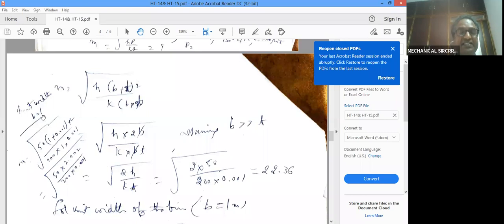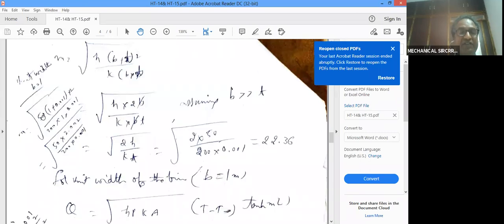So h value 50 into, b value 1 meter plus thickness value 0.001 meter, into 2, divided by k value 200 divided by b into 1 meter into 0.001. After calculating, you will get m nearer to the value, m will be around